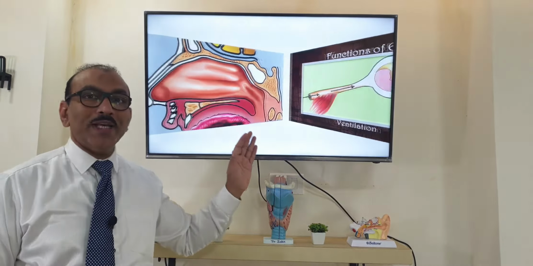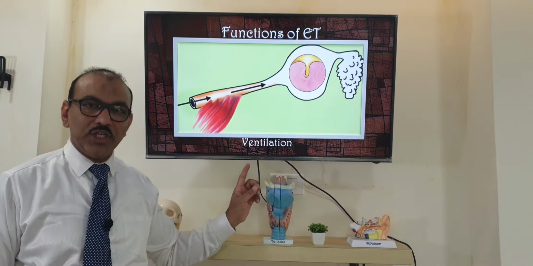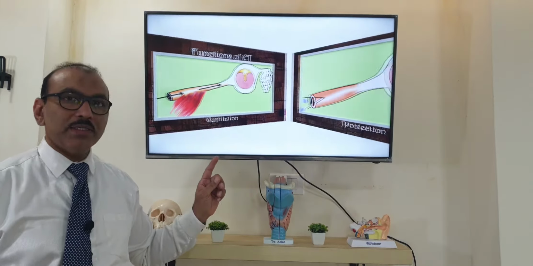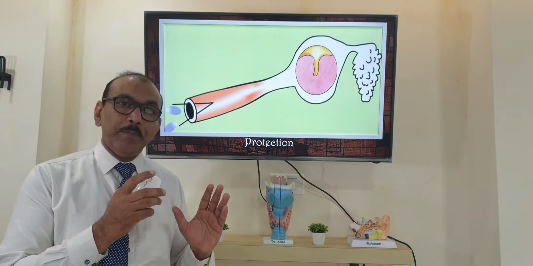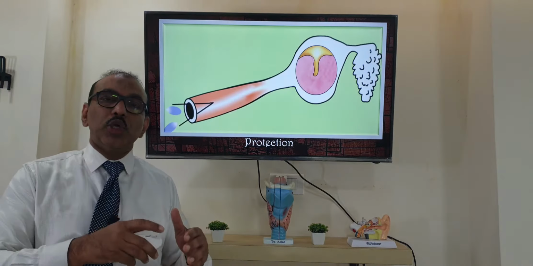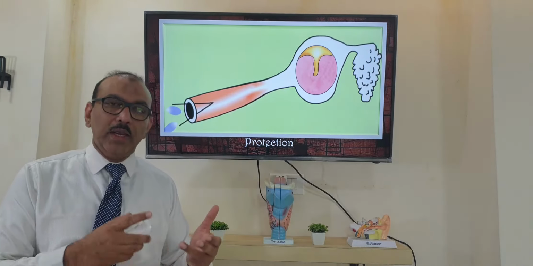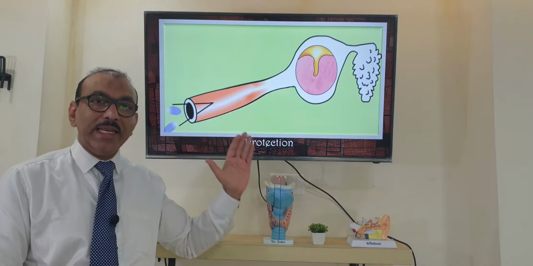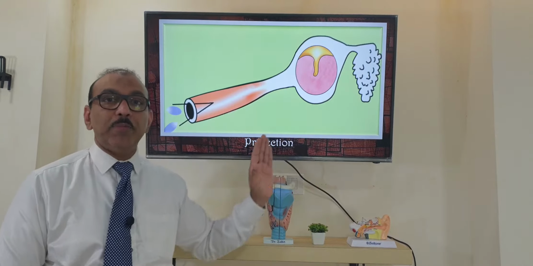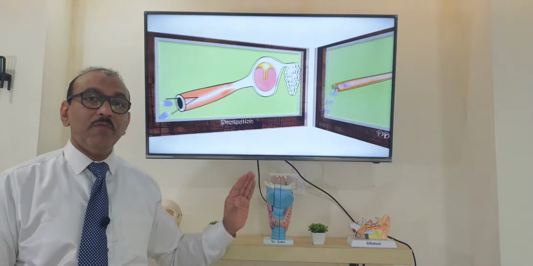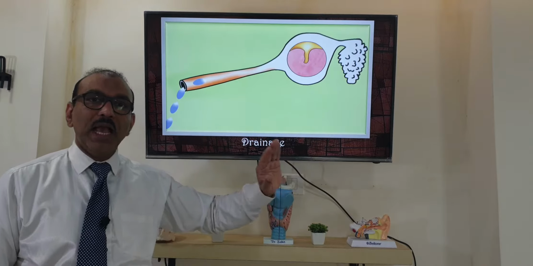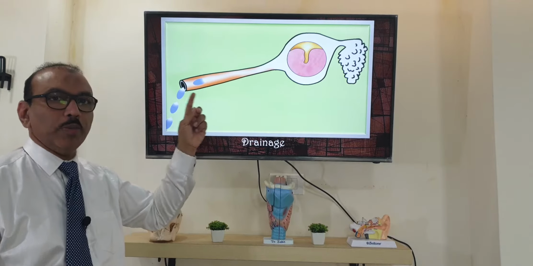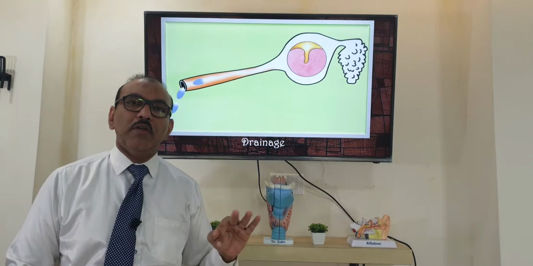So this eustachian tube has 3 functions. One is ventilation. Air passes through the eustachian tube and reaches the middle ear. Second, protection: any problem in the nasopharynx, like excess sound energy being transmitted, or any infection, bacterial, viral or allergy of any sort, it doesn't allow that to reach the middle ear. It protects the middle ear. Third, if there is already an infection in the middle ear and there is fluid collection, it drains through the eustachian tube into the nasopharynx. So drainage. These are the 3 important functions.